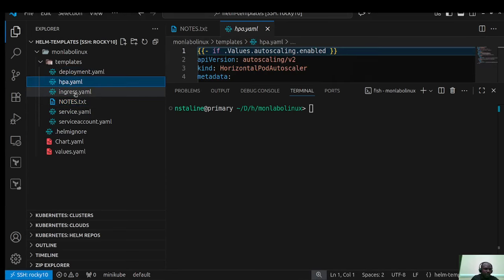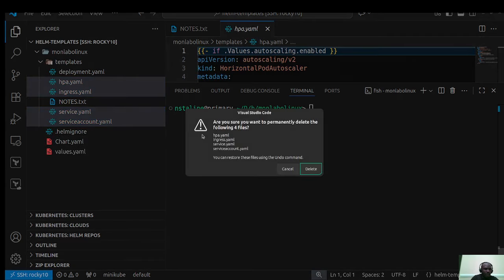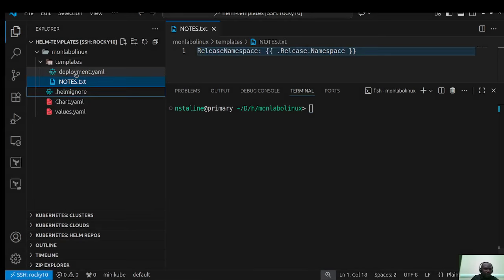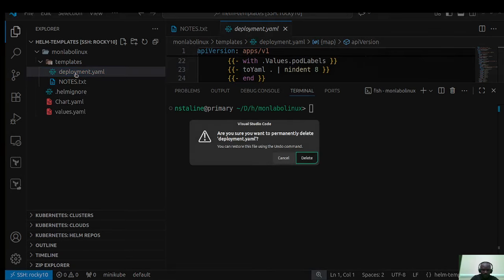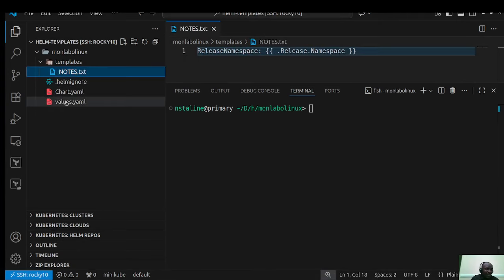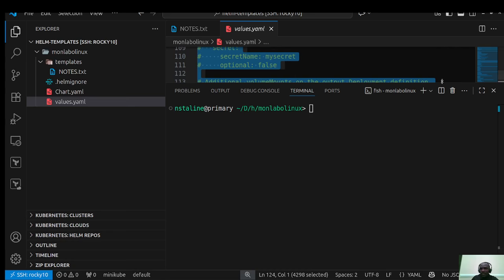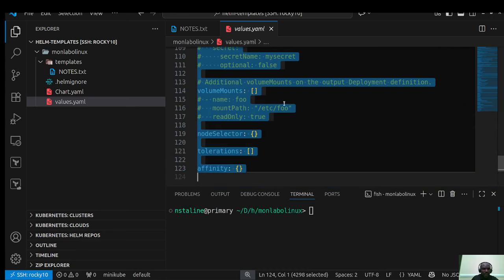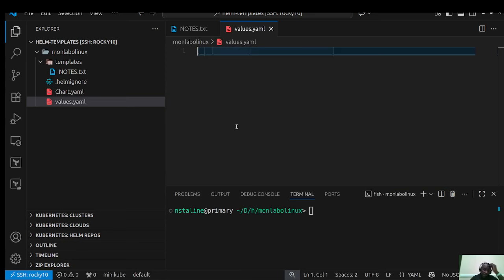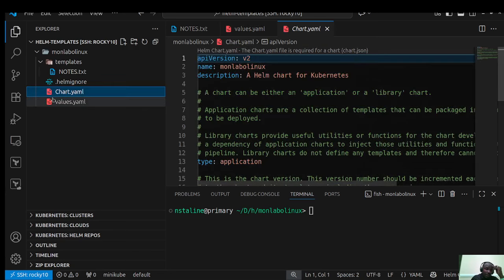I don't need these, so I'm going to delete all of them for now. In fact, I don't need anything. And then here I'm going to delete the whole content. As you can see, I highlighted everything and I deleted it. So we have what we call a bare bone